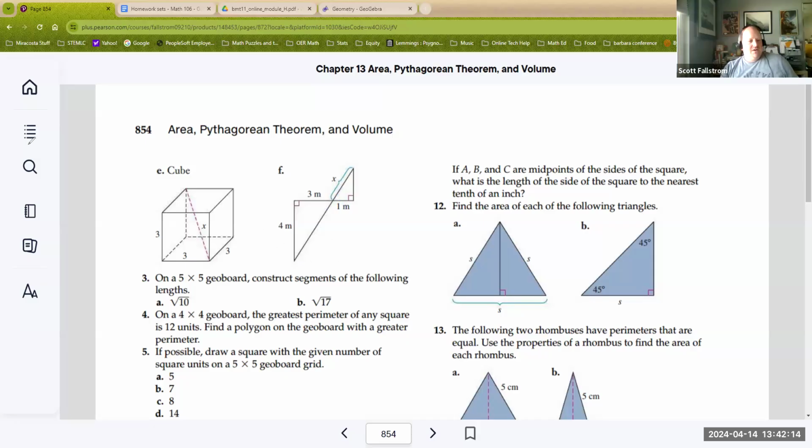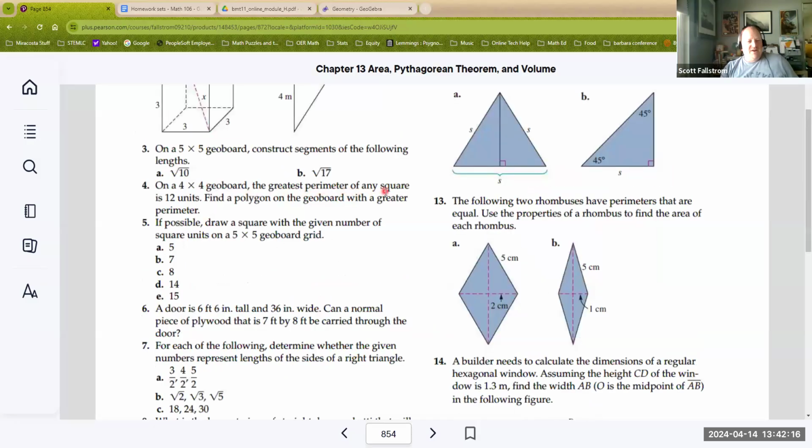Very cool. Next up, on a 4x4 geoboard, the greatest perimeter of any square is 12 units. Find a polygon on the geoboard with a greater perimeter. So a 4x4 geoboard, remember, think about like the nails, right? 1, 2, 3, 4, 1, 2, 3, 4, 1, 2, 3, 4, 1, 2, 3, 4. Okay, and it says the greatest perimeter of any square is 12 units. Well, 4 plus 4 plus 4 plus 4. The question is, can you make a shape that has a bigger perimeter,